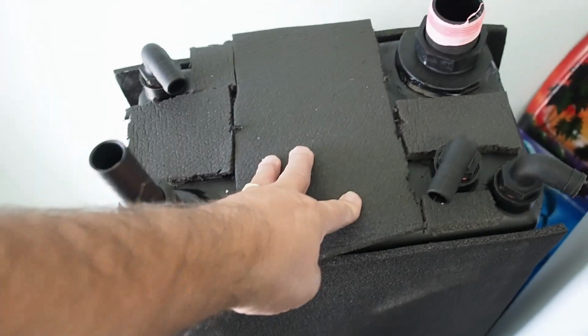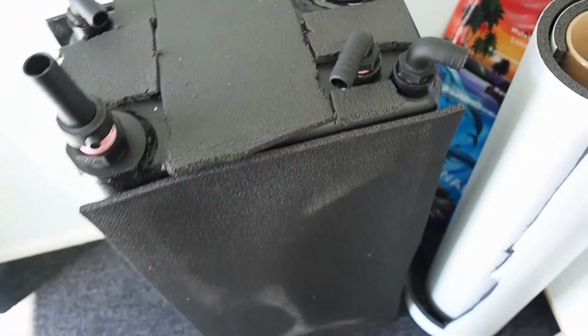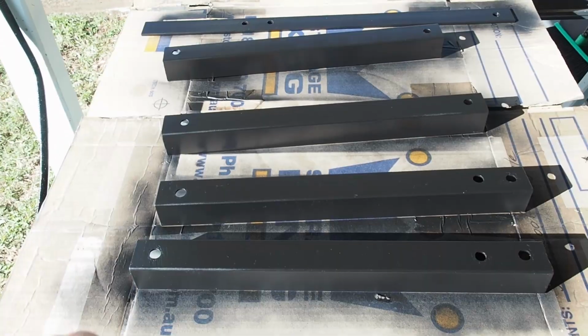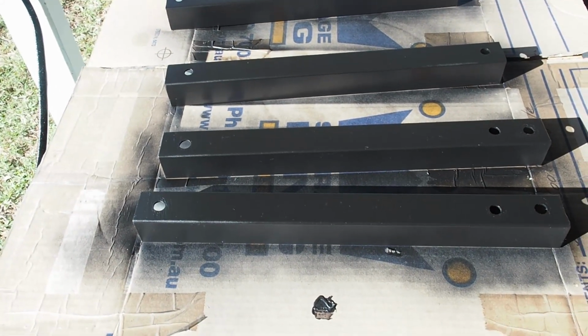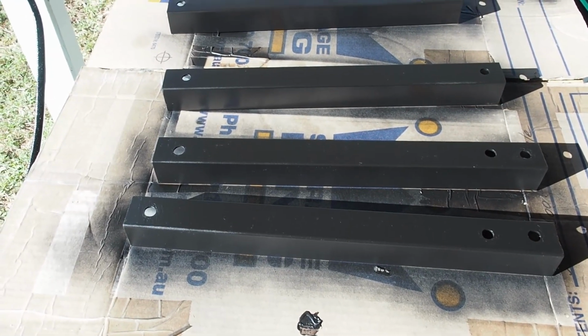I've also put the adhesive foam on there, and as you can see, if I get out of the sun, the brackets that I'm using are all being painted. They've all had the second coat on the top. I've got to flip them around and just do the one edge that's left for 2 coats, and then I can install it. And we're using the same sort of threaded rod